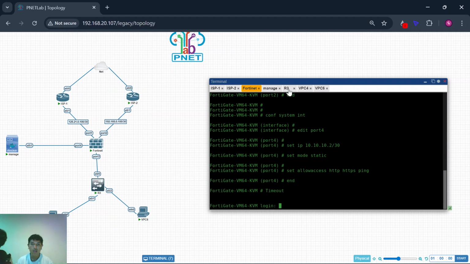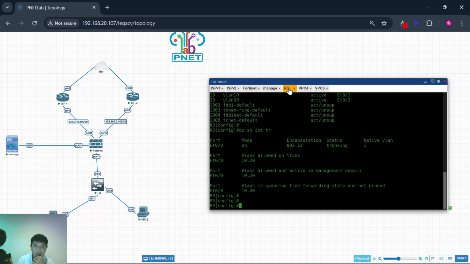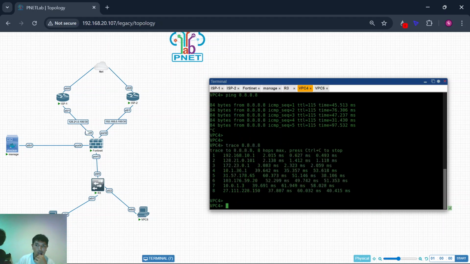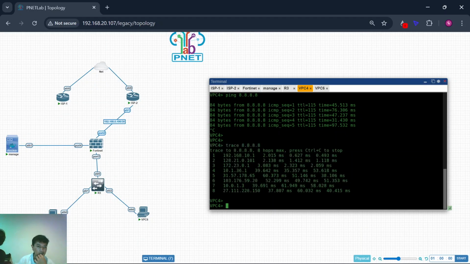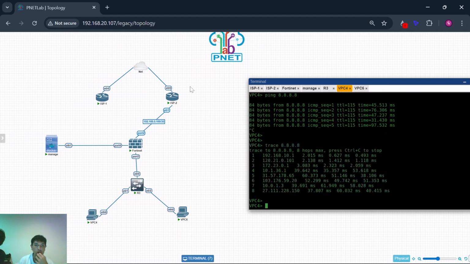If I delete this interface, this VPC can switch its connection to SP2.